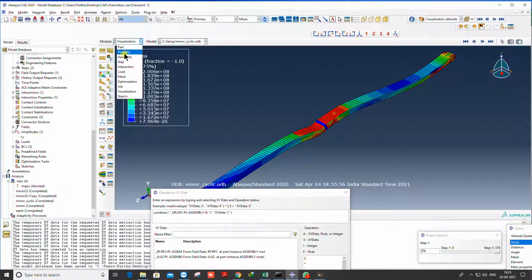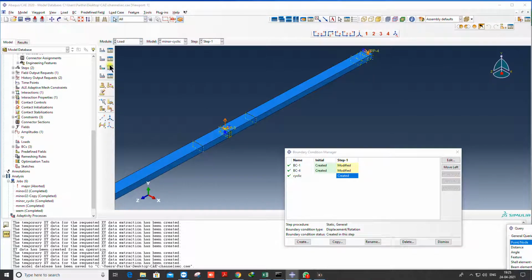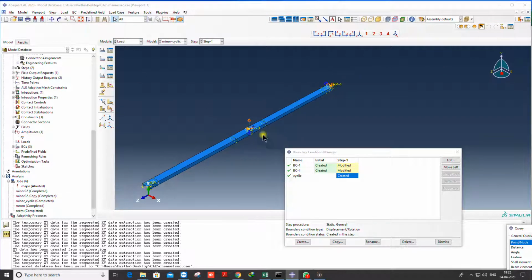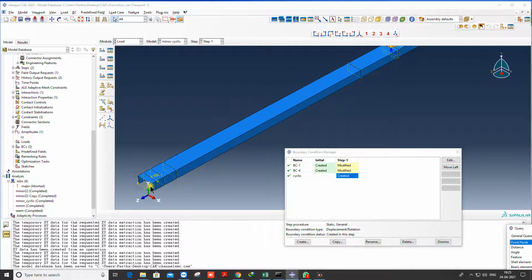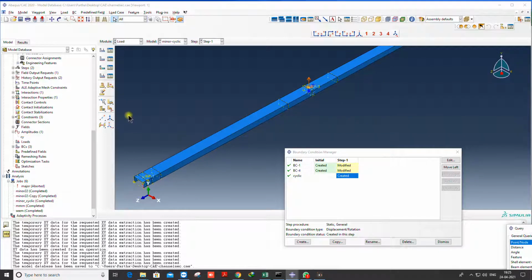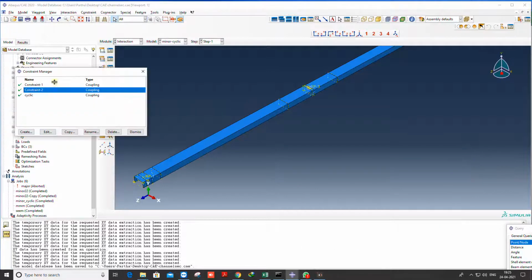And here one thing, remember, we apply boundary conditions or anything, extraction of reaction force, moment, all these things have been done at the reference point, and those reference points are coupled using constraints.